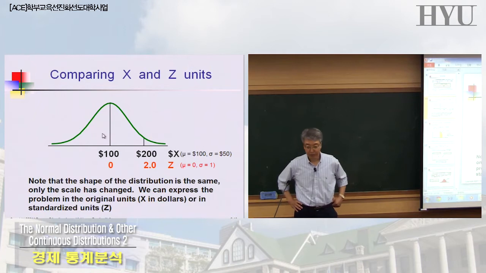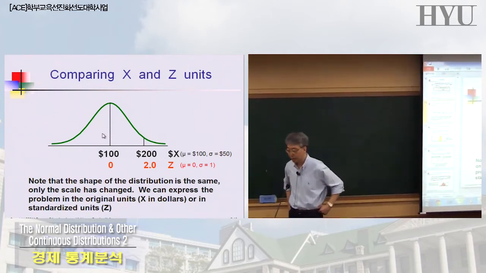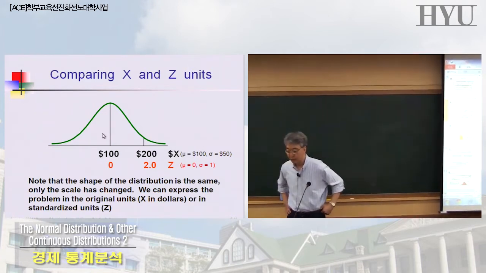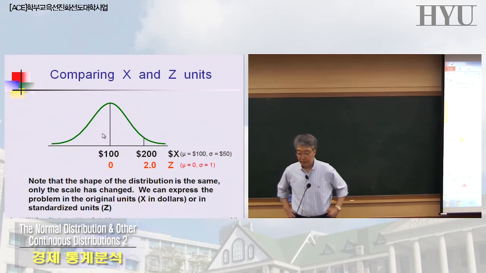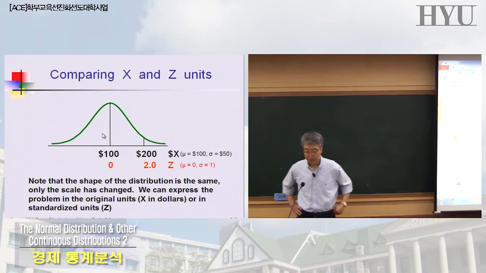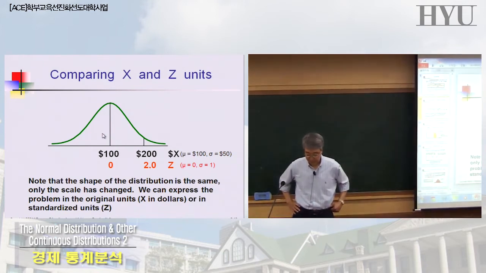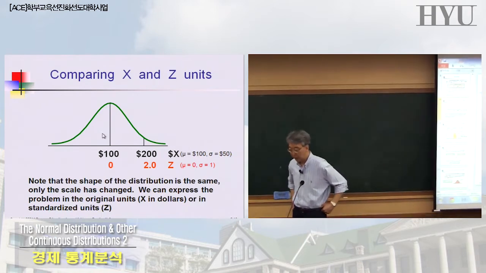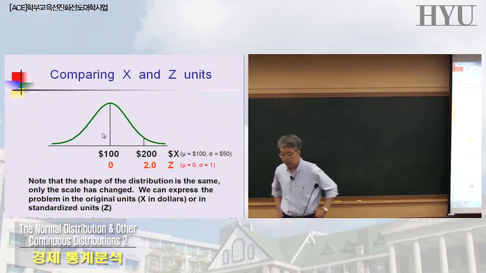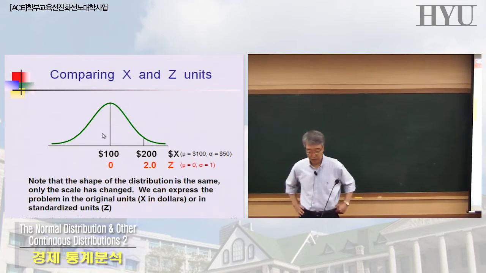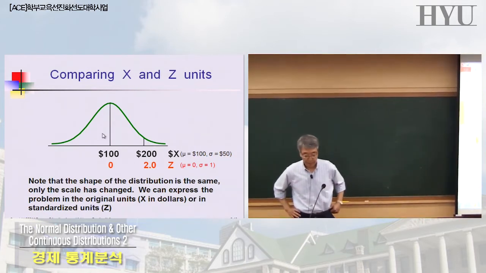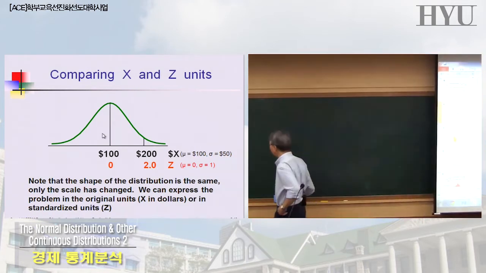Exactly, yeah. It's exactly one of the normal distributions. The only difference is standard deviation is 1 and the mean is 0, right? That's what we call standard normal distribution or Z distribution. And I explained why we need to translate or transform normal distribution into a Z distribution, because ultimately